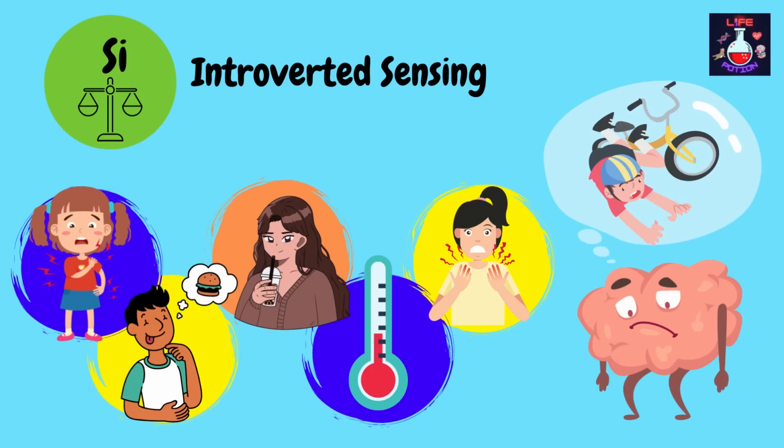Introverted sensing is a function related to inner bodily sensations such as pain, hunger, thirst, internal temperature, numbness, tingling, muscle tension, etc. It is also associated with the memory of something in your mind, rather than the real live event. When you recall that embarrassing fall from the bike when you were a teenager, that's your brain using its introverted